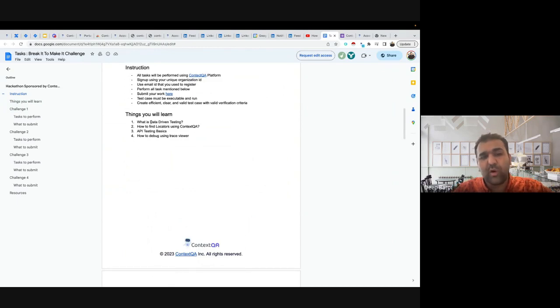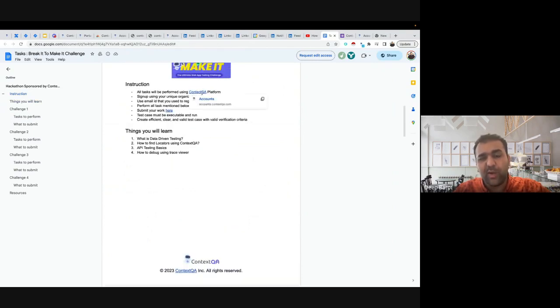I will walk you through how you're going to do it, because this is a low code, no code platform. So you will do everything in this ContextQA platform. To write your test case, you can choose whatever approach you like. But there might be some limitations over here, because the tool might have some different functionality than you might be used to. So let's take a look, and then I will be happy to answer more questions there as well.